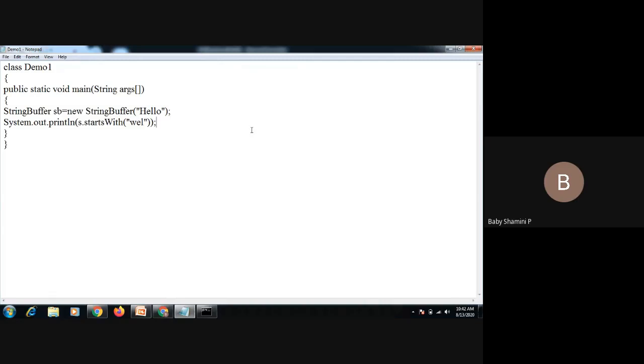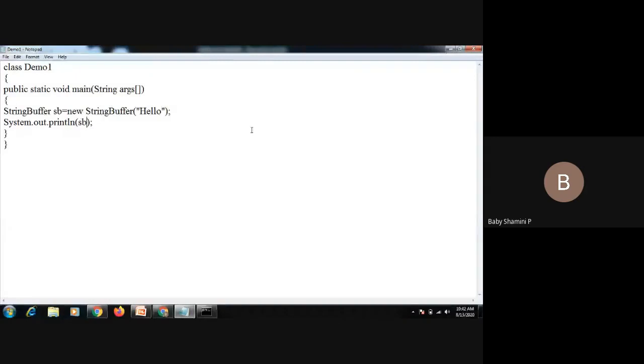Again, I am going to print sb. In this way, we can create a StringBuffer. We cannot directly assign a string to a StringBuffer. In String, we assigned String s equal to "hello", but in StringBuffer, we cannot directly assign a string value to this variable.